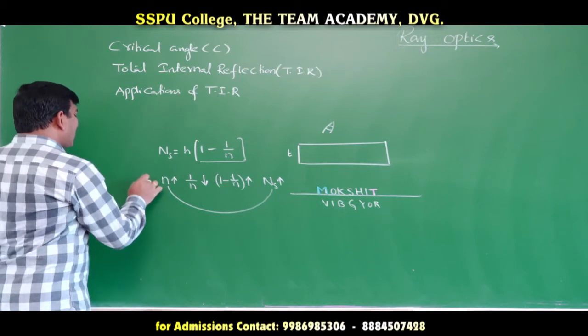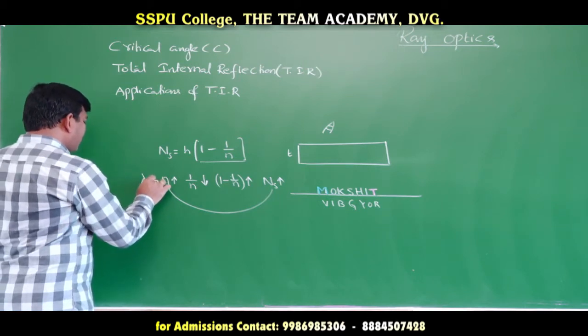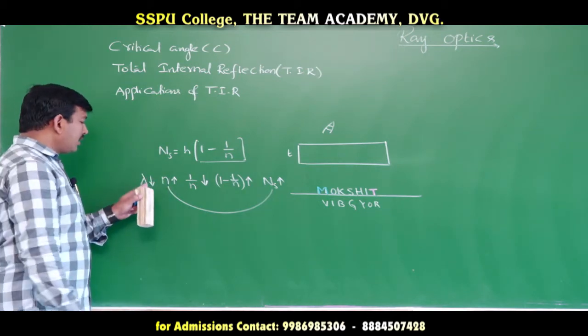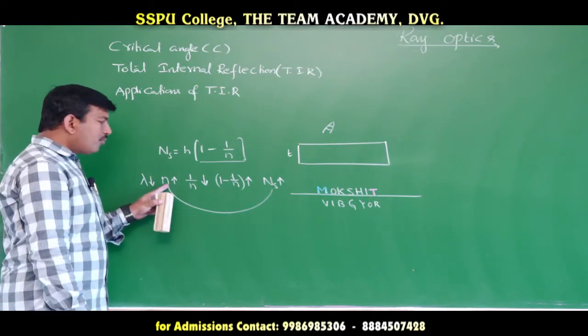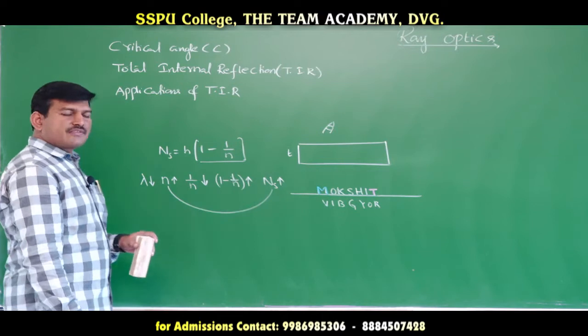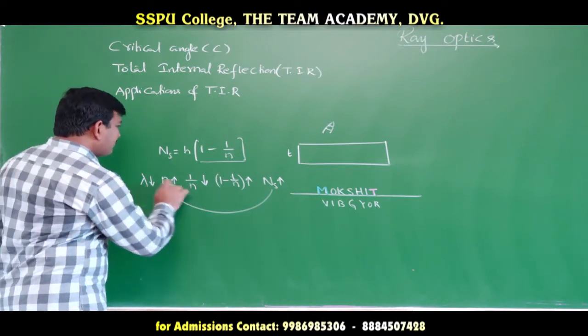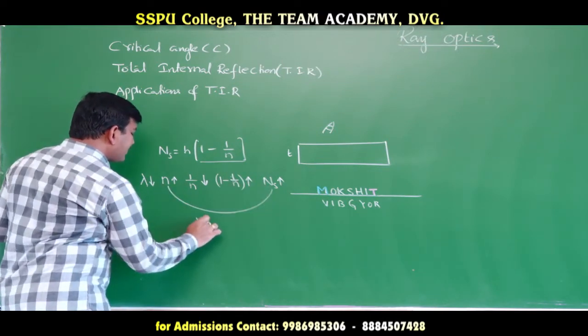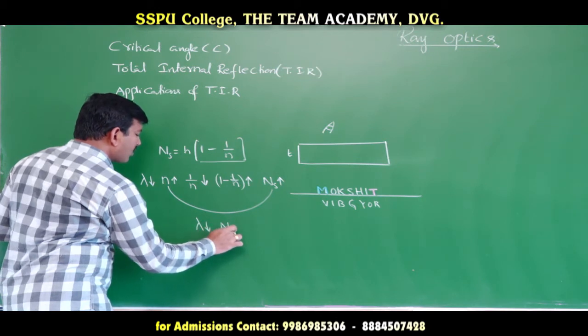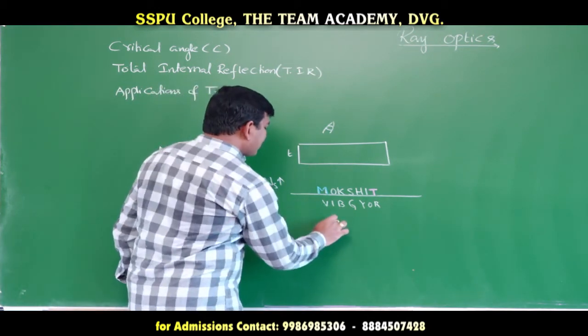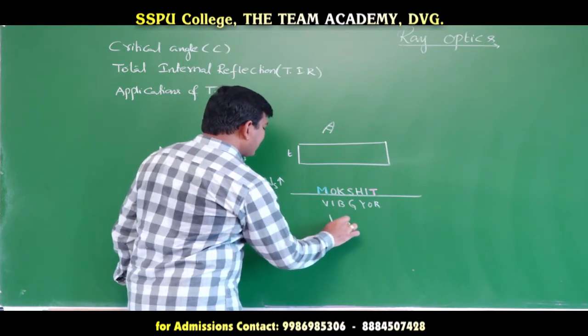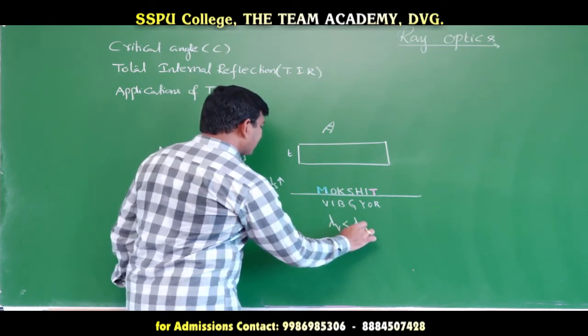But which color will have more refractive index? Refractive index and wavelength, how are they related? Inversely related with each other. That means the less the wavelength, the more the refractive index. More refractive index, normal shift is more. Here, from this and this, what I can say is, the less the wavelength, the more the normal shift. Which color of light has lesser wavelength? The wavelength of violet color is less than the wavelength of red color.